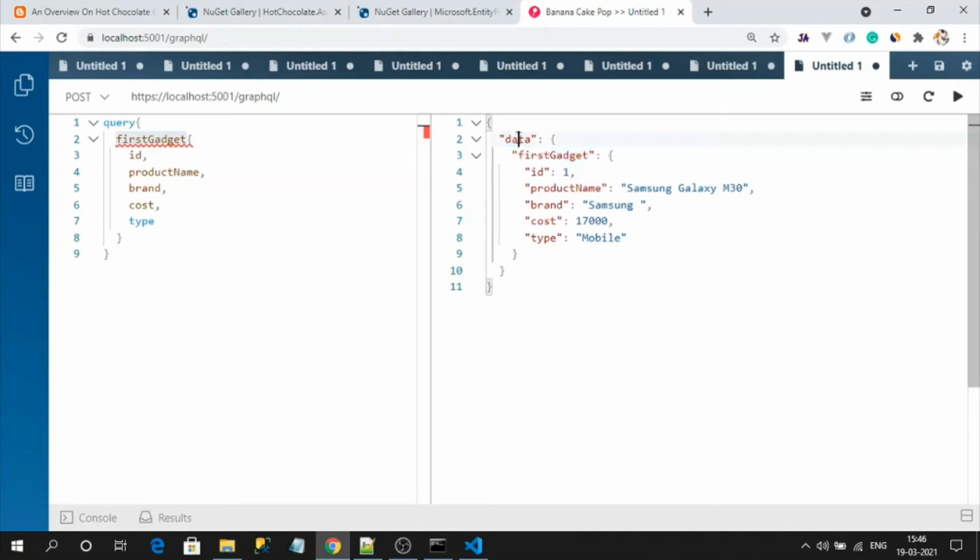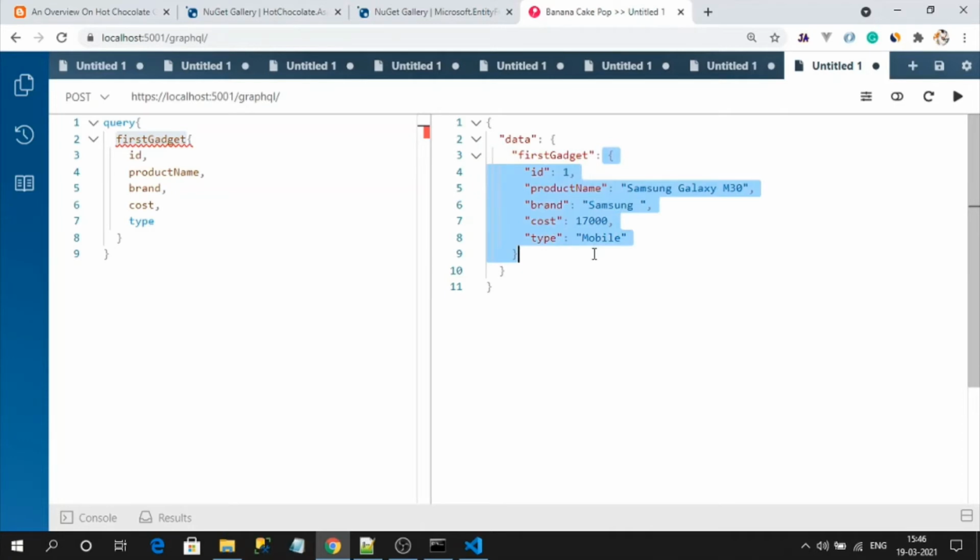We will always have a data property as the root property. Inside of that, it will use our resolver method name to return the response object. Here it is directly returning a single object. If we are requesting a resolver for multiple records, it will be an array. Like that, GraphQL manages to return the response.